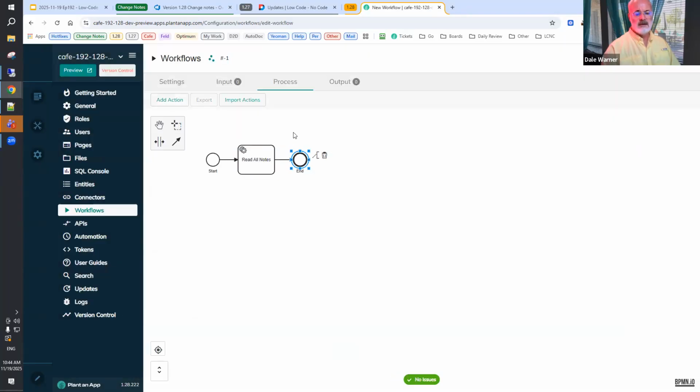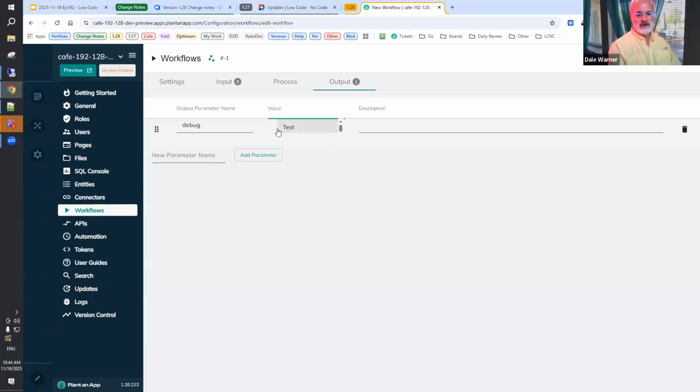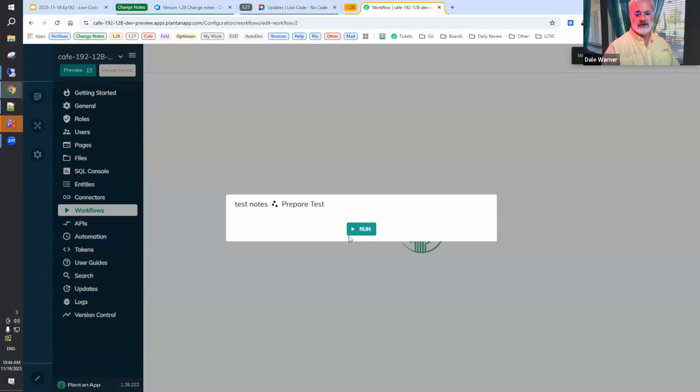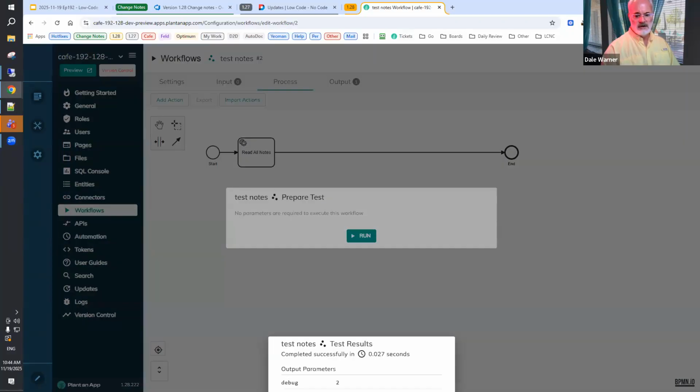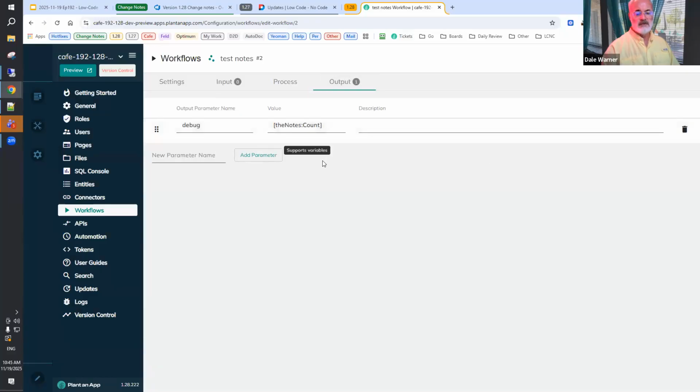So this will read all of our notes. And if we wanted to output for debugging purposes, one of the outputs is the count. And so if we do this, we should get a value of 2. So we've outputted the notes count. If we output the notes JSON,